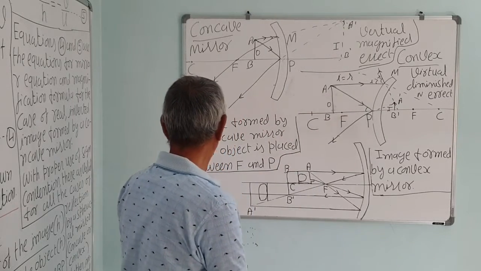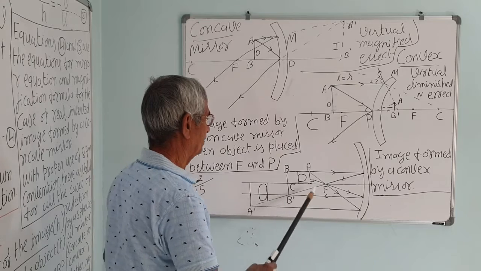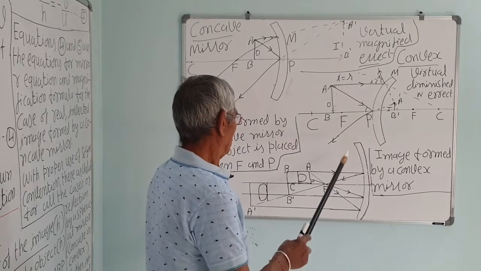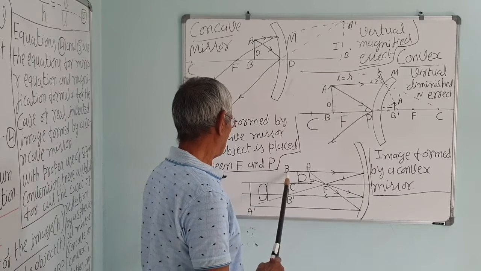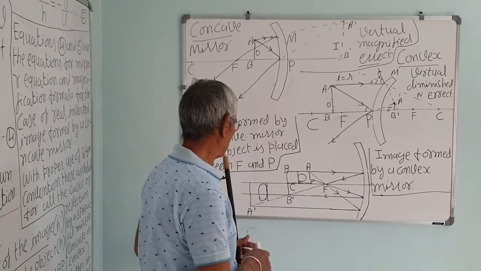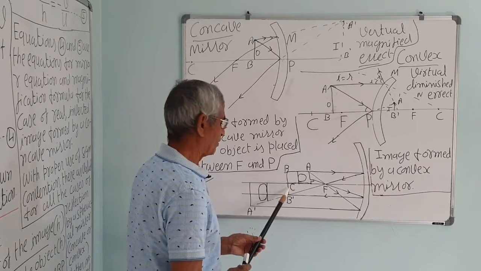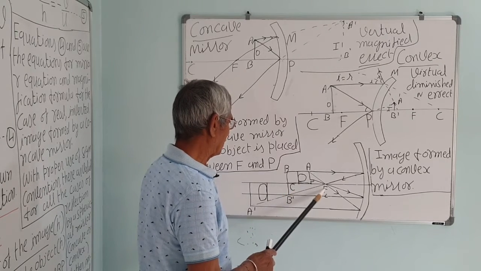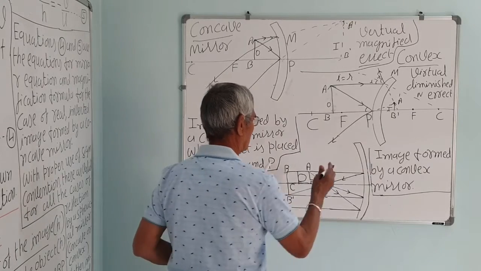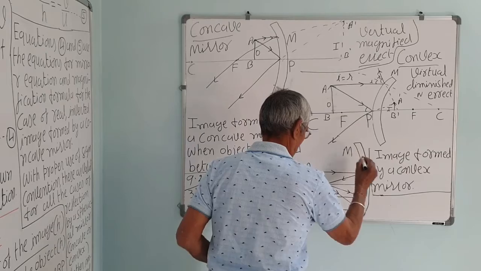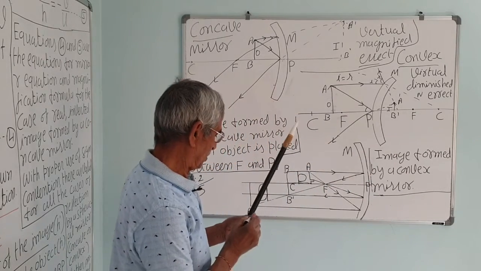Now example 9.2 on page number 315, it is a solved numerical, correct. A concave mirror on the principal axis, the mobile phone is kept as shown in the position. This is position C, center of curvature. This is the principal focus. Here is the pole. And this is the mirror, you can see. This is the pole of the mirror. Correct?